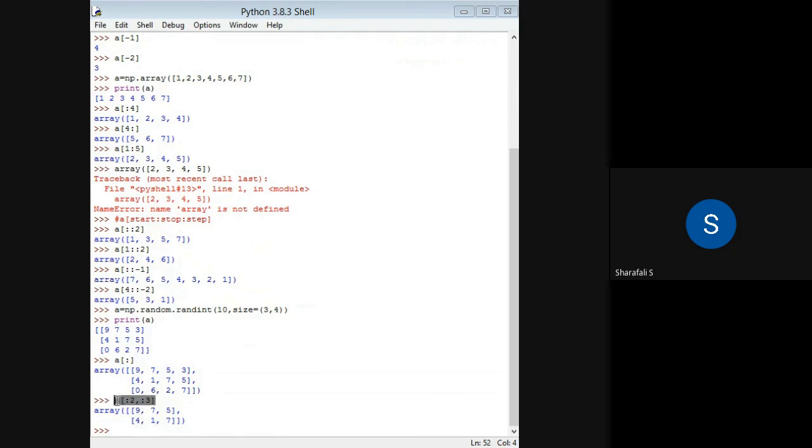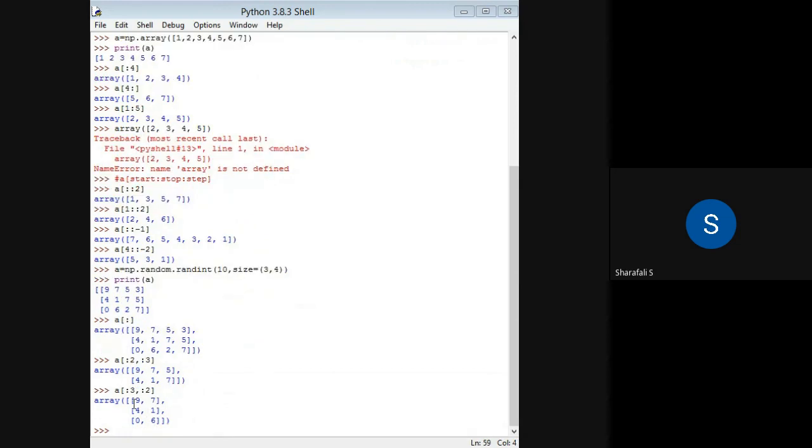You can just reverse this and check what will happen. You can just put 3 here, which means that I am accessing first 3 rows, and then I am accessing first 2 columns. And if I press enter, then I will be getting first 3 rows with 2 columns. Okay, this is how we can access different rows and columns in a 2-dimensional array. And also you can access the elements with negative index, like you can just put colon minus 1, then comma colon minus 1.